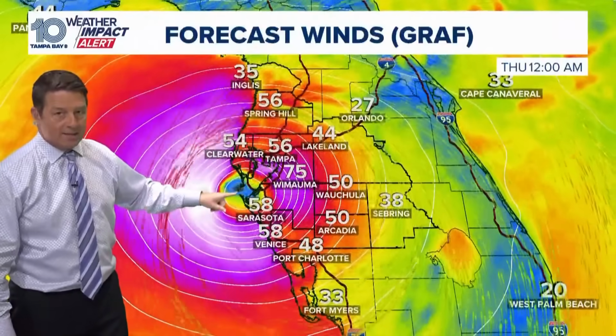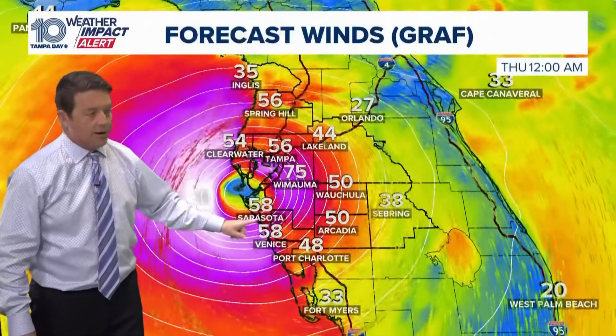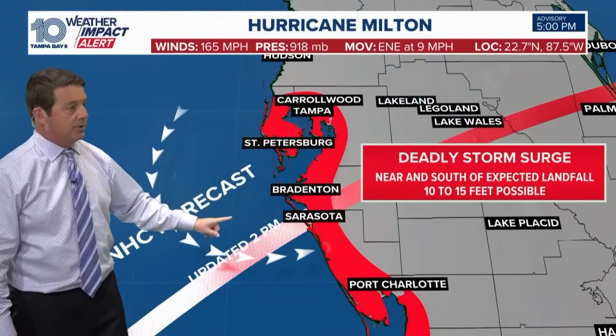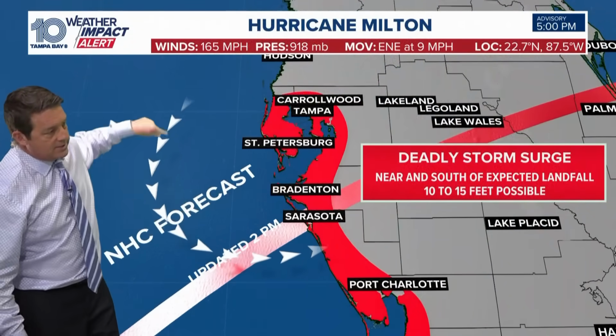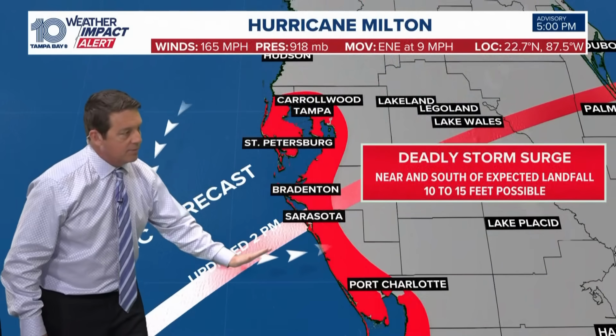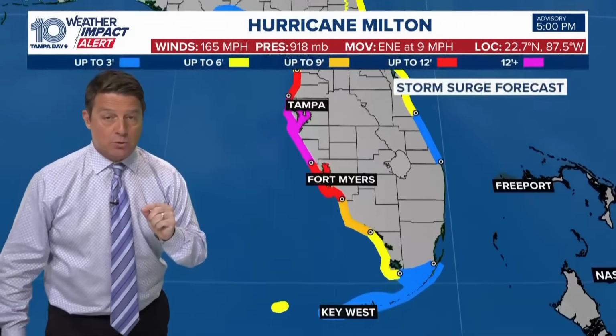The Hurricane Center forecast is now, instead of being here, is down right about here. It has shifted off towards the south, and our model will pick up just a little bit. This was right over AMI last time. You can see where I had these arrows curved, and now you can see it's moved down just to the south. We still have a 10 to 15 foot storm surge